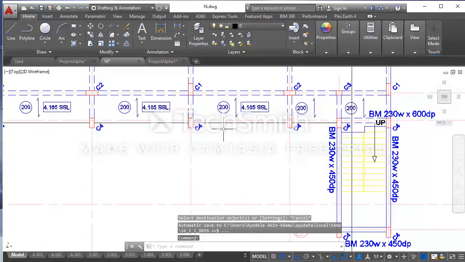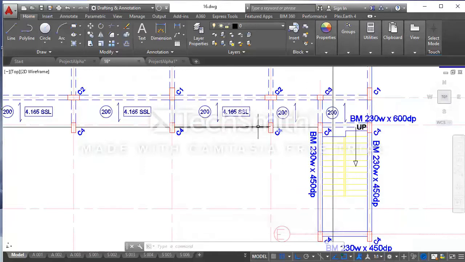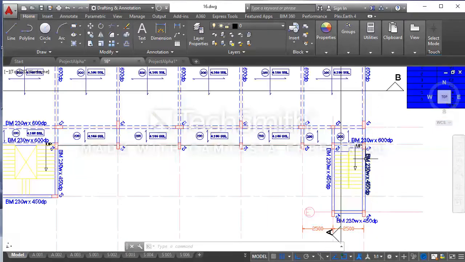Remember I told you that in one of my tutorials I like to denote the perimeter of the slab at this region with black line. I would love to denote the perimeter with a blue line because the line at this region where my cursor is hovering on is blue.